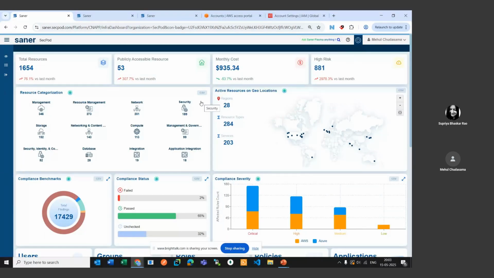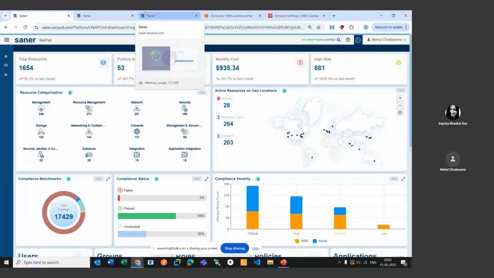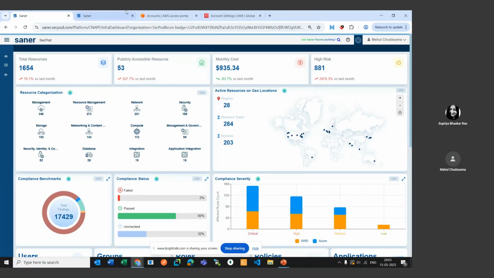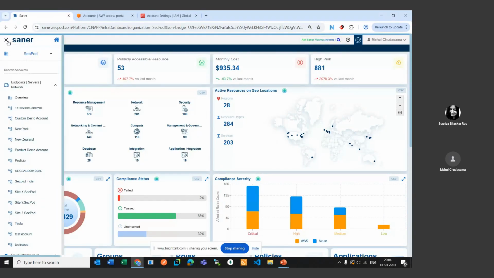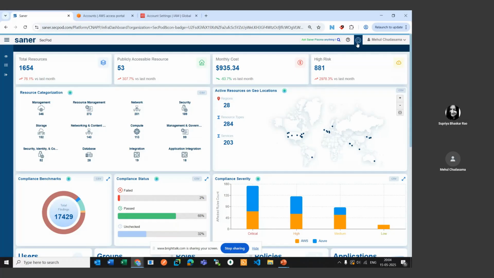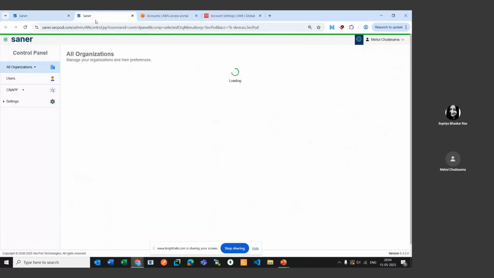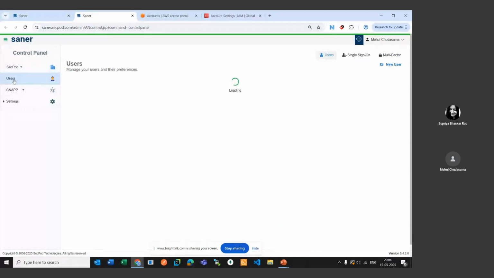We call it a unified dashboard or infra dashboard. But in order to see the data here, you have to onboard your cloud account, for example, your AWS or Azure account. So we can do that as part of our onboarding, which is again,